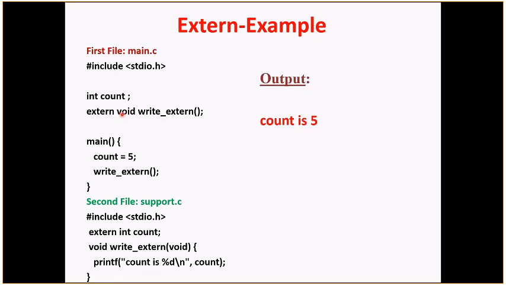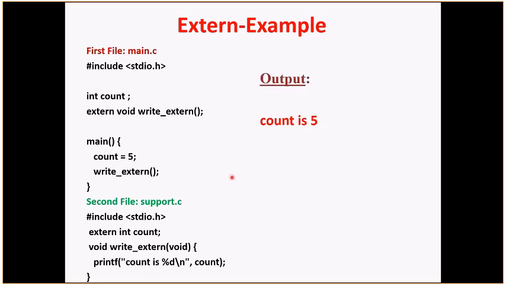When you have multiple files and you define a global variable or function which will also be used in other files, then extern will be used in another file to provide the reference of the defined variable or function. Just for understanding, extern is the keyword used to declare a global variable or function in another file. Here, extern is being used to declare count in the second file, whereas it has its definition in the first file, main.c. Now compile these two files. When this program is executed, it produces the result: count is 5.